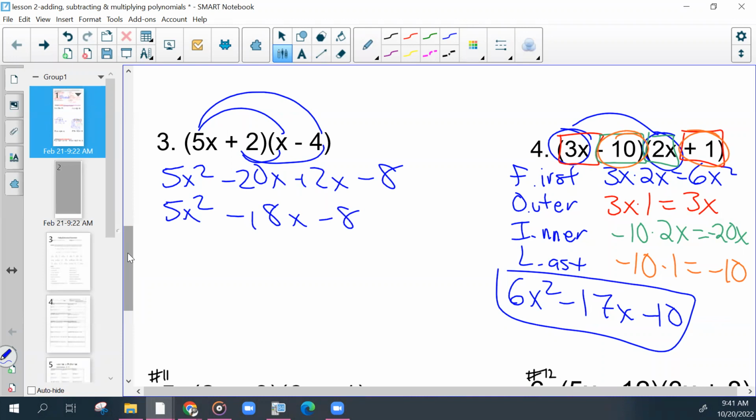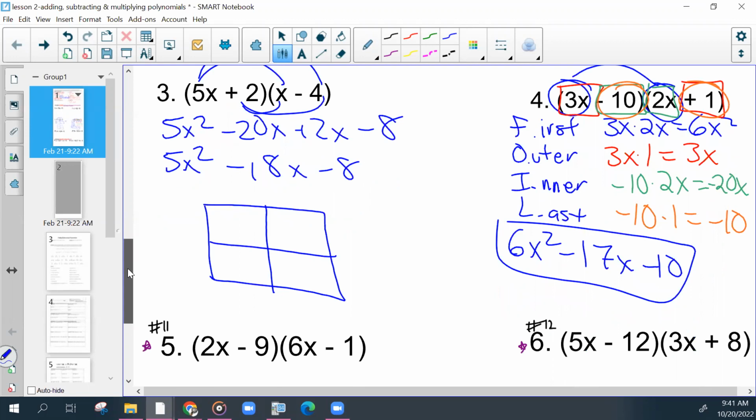Right, with that same one, since I kind of did that same method, but not writing out every step. You could also use this box method. I don't know if you guys have talked about Punnett squares yet in science. Some of you, yes, okay. Some of you don't know what I'm talking about, but it's something with like genes or something. I don't remember all the sciencey stuff that goes along with that. But it can be applied here. Doesn't matter where you put whatever. But you would put the terms on top of each box. So 5x plus 2, x minus 4.